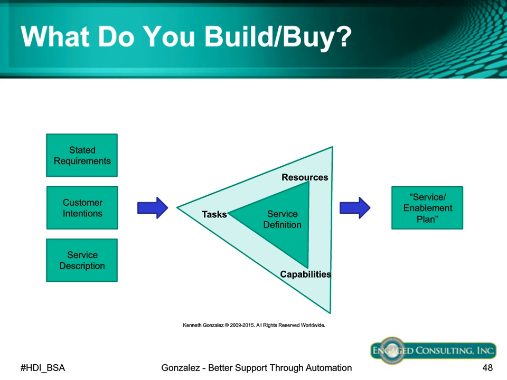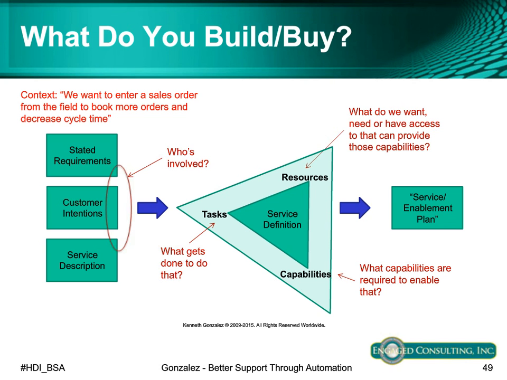Where we tie them together is in a statement of capability. I'll give you an example of what that looks like in this next slide. So think about it as somebody saying, we want to be able to do X, okay? And what does the person have to do to do that? So that's looking at it from a task view. From a requirements perspective, you have a product that can do X, Y, and Z.